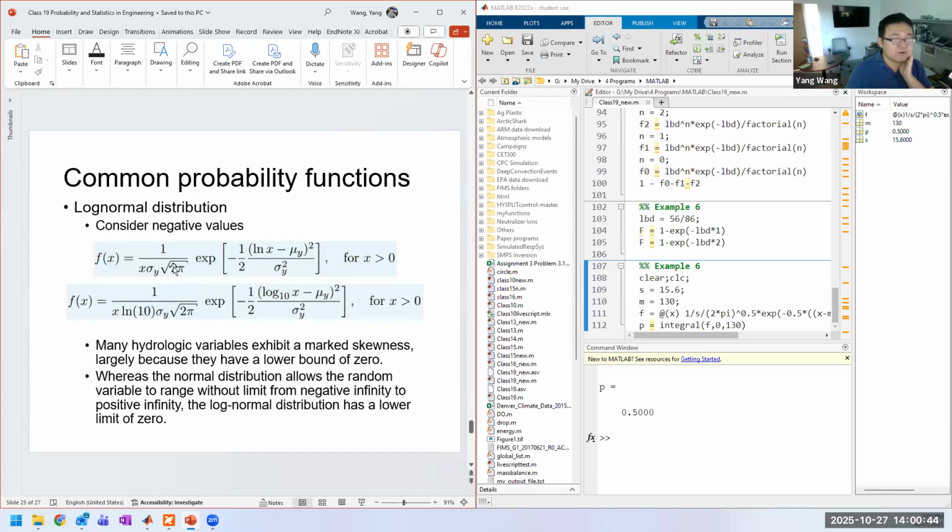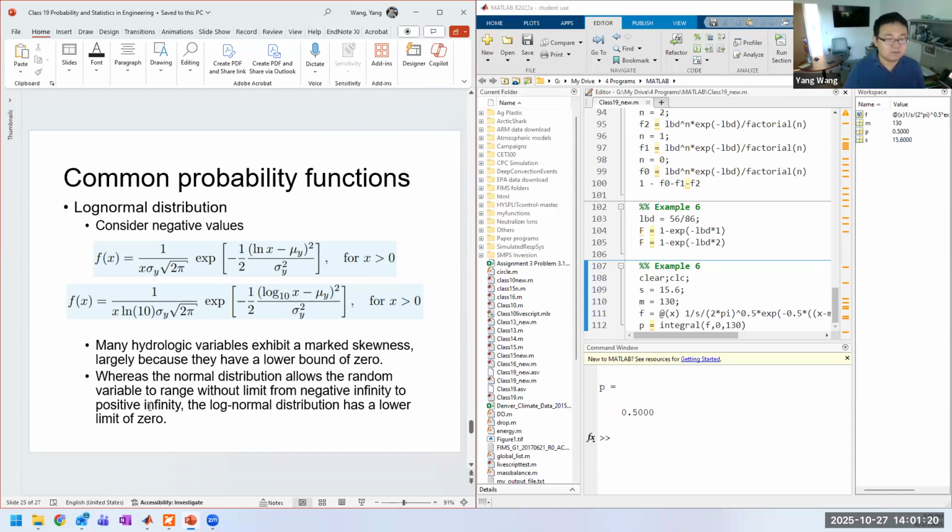So that's why people created the function called the log normal distribution. I think we also showed this earlier when we were talking about curve fitting, right? For the log normal distribution, there are expressions shown in the log term or in the log 10 term. If you look at these equations, they have factors like sigma y or log 10, mainly because we have to make sure that the integral is 1, right? If you do not include these constants, the integral will not be 1,